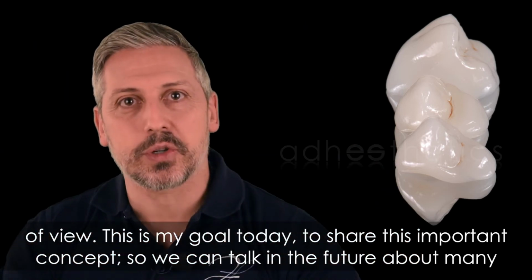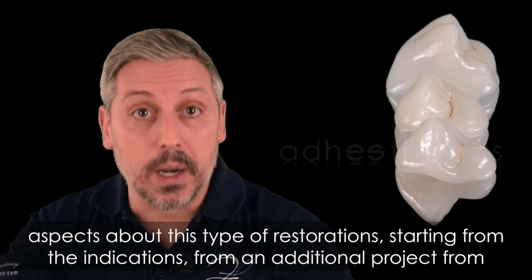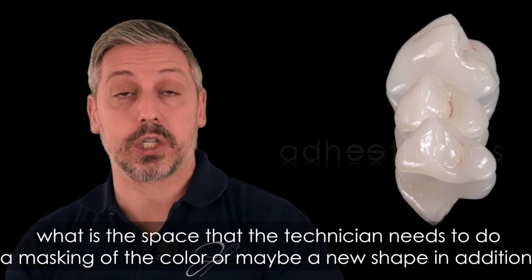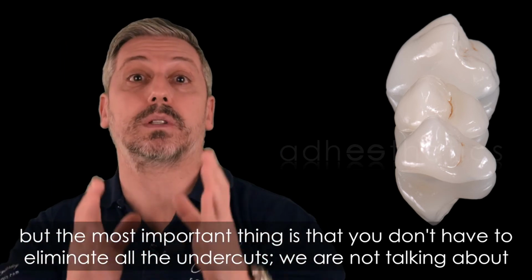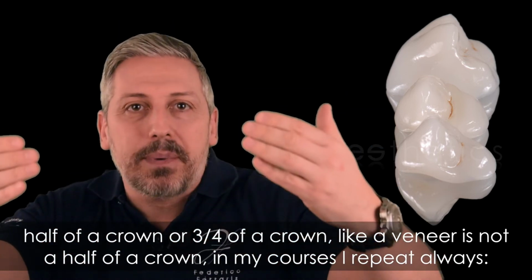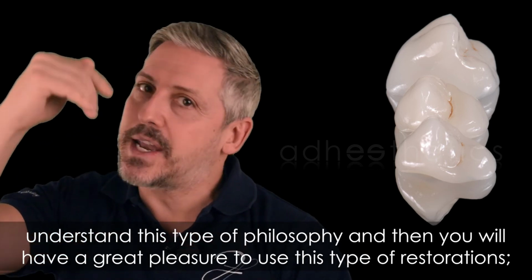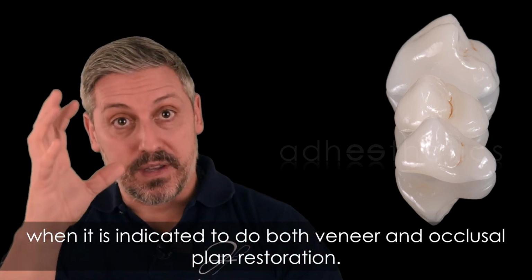So we can talk in the future about many aspects of this type of restoration, starting from the indication, from an additional project, from what is the space that the technician needs to mask the color, or maybe a new shape in addition. But the most important thing is that you don't have to eliminate all the undercuts. We are not talking about half of a crown or 3/4 of a crown. A veneer is not half of a crown. In my courses, I always repeat, the veneer is not the back half of a crown. So remember this, be conservative, be gentle, understand this type of philosophy, and then you will have great pleasure using this type of restoration when it is indicated, both for veneering and